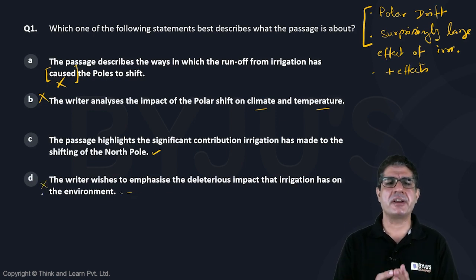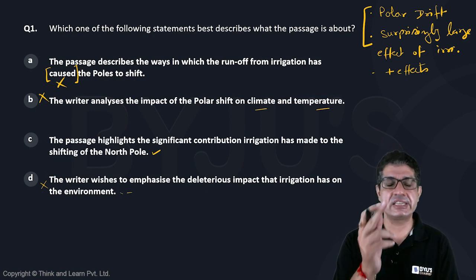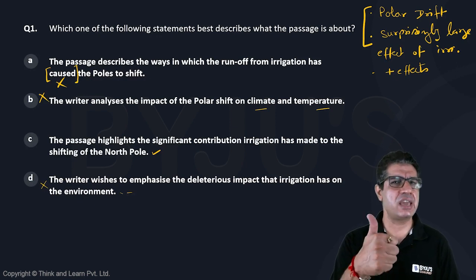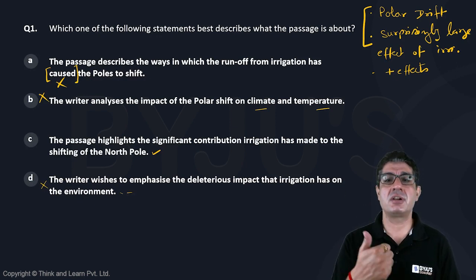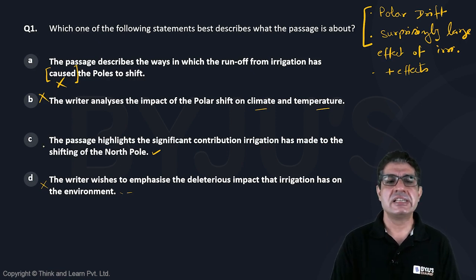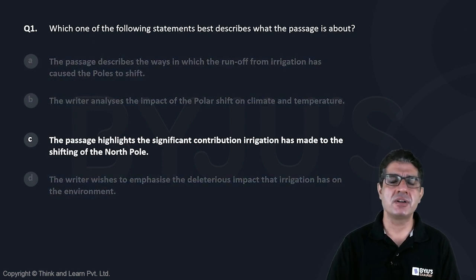So if I look at it, A, B, C, D, including C, we had some part which is left out in C, but C turns out to be the best answer choice because A mentions something external, B mentions something external, D is very narrow, and thus C becomes our best answer choice for question number 1. Let's head over to our next question.